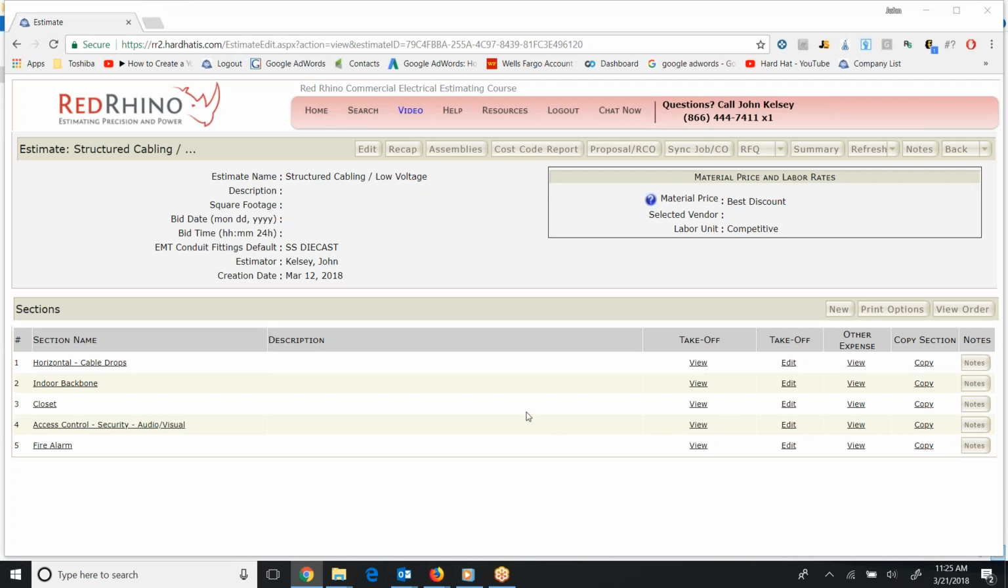In this video, I'm going to explain how to use structured cabling assemblies. Now first, I just wanted to give you a peek at the estimate that I created here. I already created an estimate, as you can see on the screen here, and it has several different sections. The purpose of sections is to break out pricing separate. Now, this is just a test, if you will, or a training estimate that I created, but notice how I